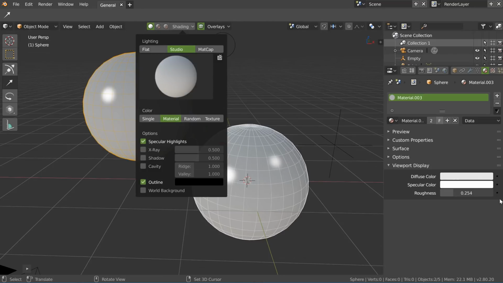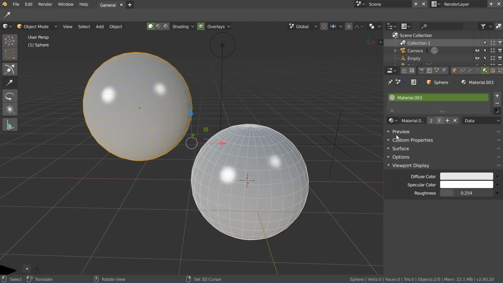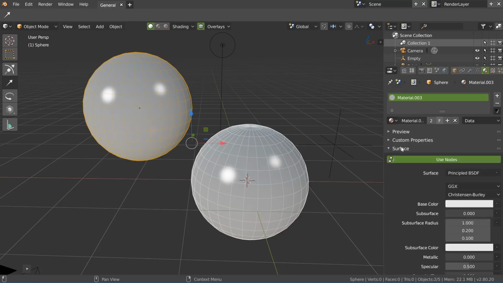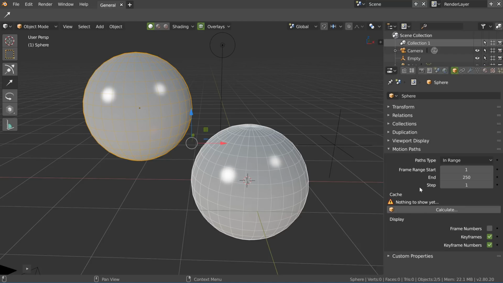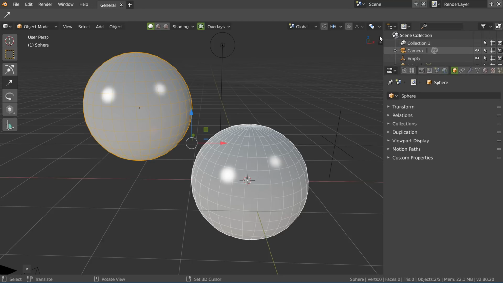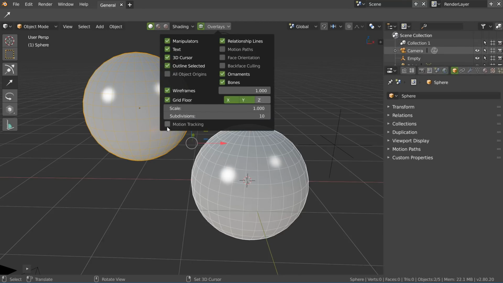I want this here. Why not make, for example, an option button, and if we click option, that will open, exactly like in some other part of Blender. Let me try to find a part where we will have this. Yeah.